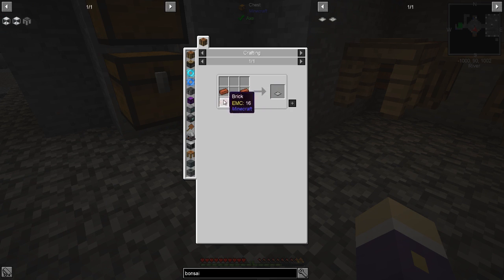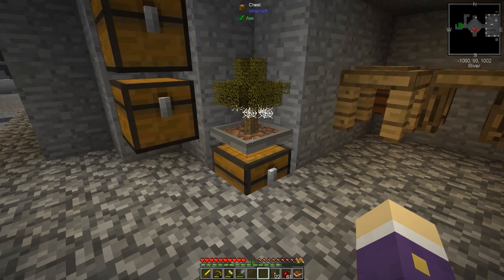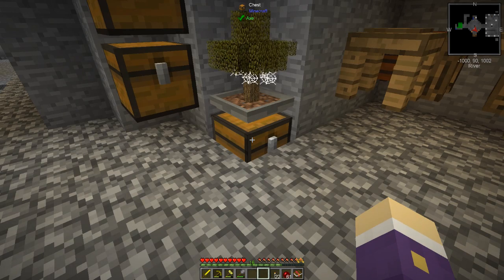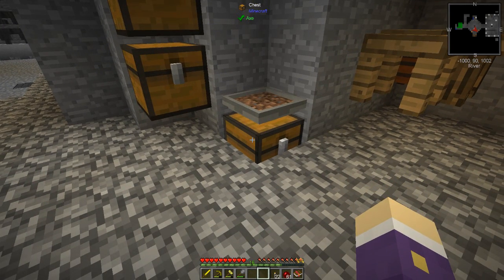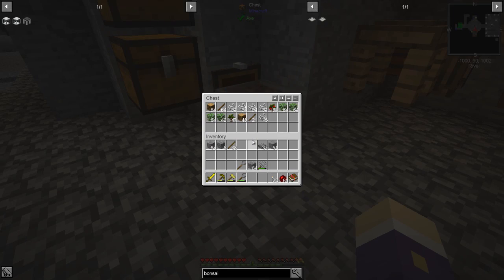Bonsai hopper, just a few bricks, no problems, and then you can just put a hopper on it to make it actually go straight into a container. The container in this case is a chest. I really wanted to put it into a storage container of some other description, but we haven't got that far in the quest book yet, so I'll save that. And this just generally produces